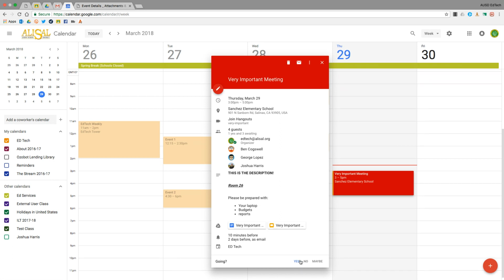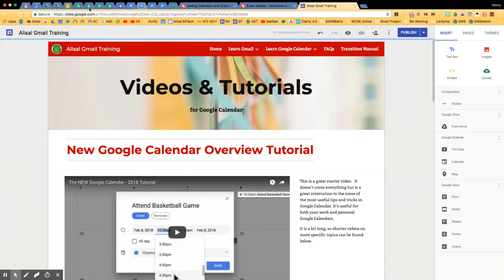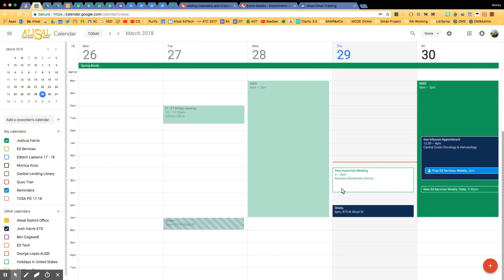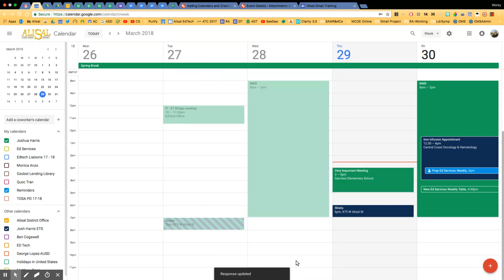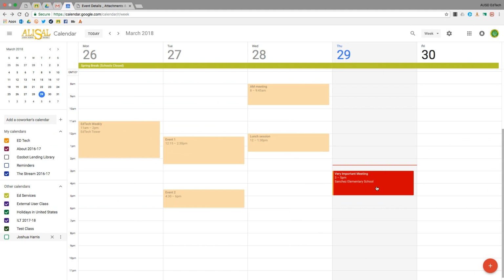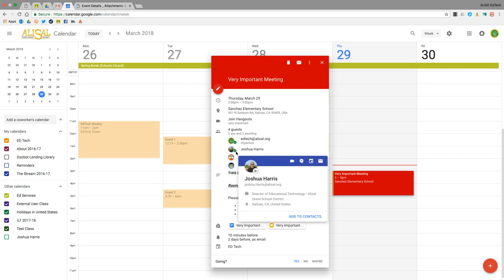Since I'm the organizer, it will say yes by default, but let's click over to a different account, somebody who got invited, and go to today and the week view, and see this right here on my calendar is white, although my calendar is green, to show that I haven't accepted it yet. When I click on it, I come down here and say yes. When we click back, me as the organizer here in red, see there's a green check because Joshua Harris